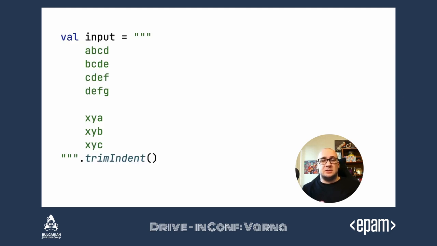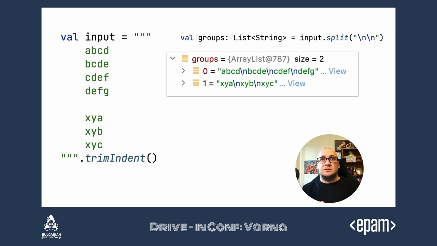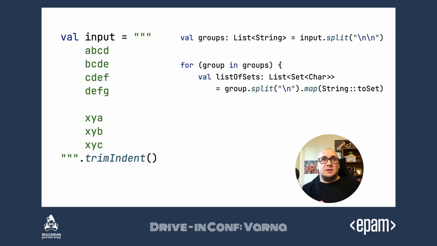To simplify, instead of reading the file, I have this input as a string. To break it down into the groups, I will split it by the empty line. And I can see in the debugger that I have a list of strings, and each string is a single group. Within a single group, I have multiple lines separated by the new line character. So in order to calculate the answer, I have to iterate over the groups, split each group by the new line, and the simplest solution is to convert